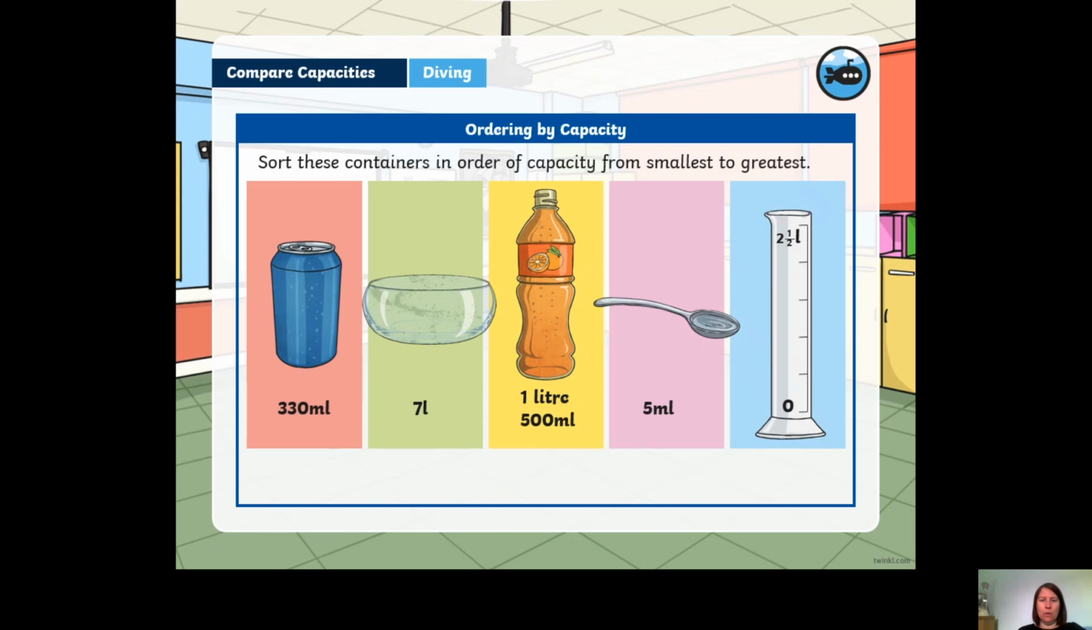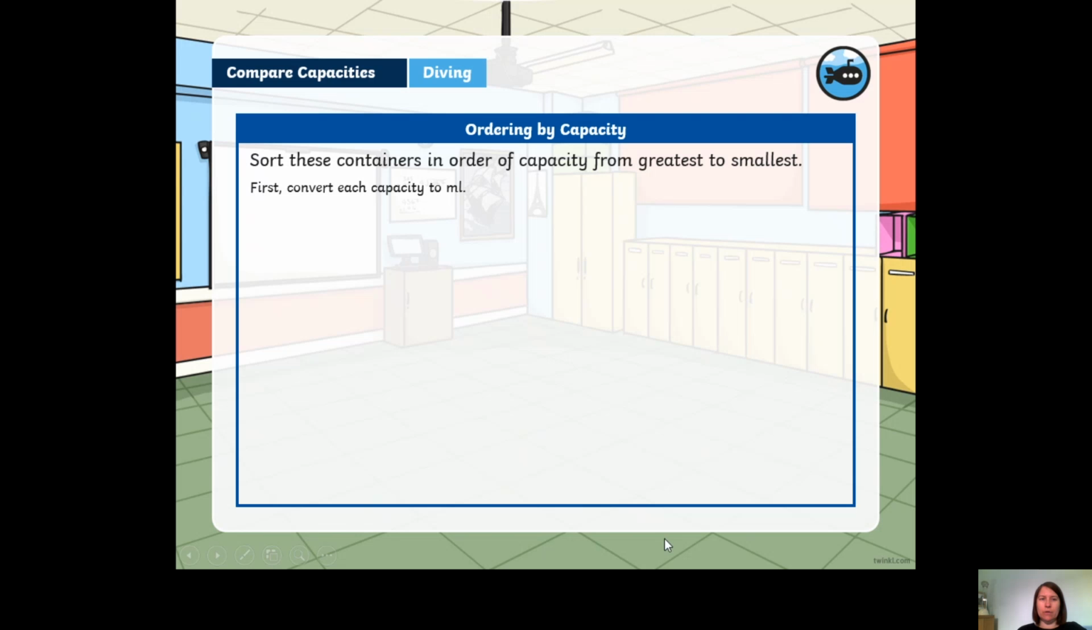Okay, so we've got some different kinds of containers here, and obviously we are looking at the unit of measurement here. Now, the best thing to do here, not everybody needs to do this, would be to convert these so that they're all saying the same thing. So in this case, we'd be converting them all to millilitres probably. So if we do that step first,